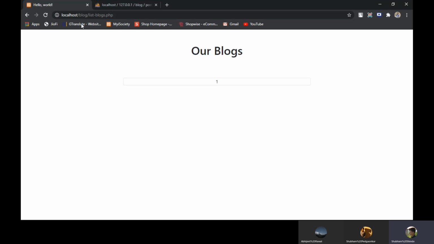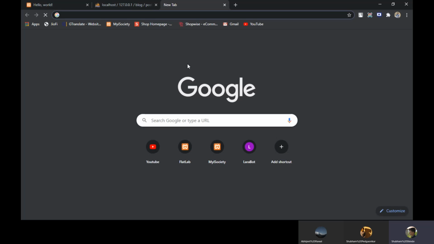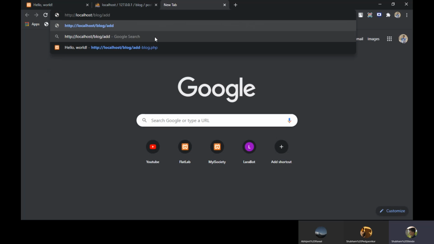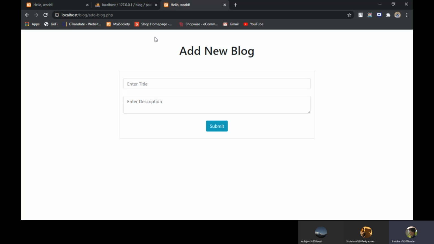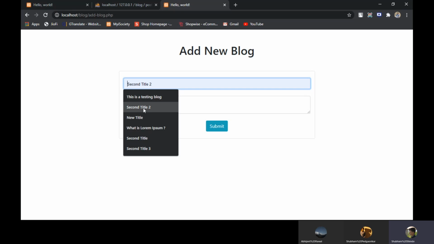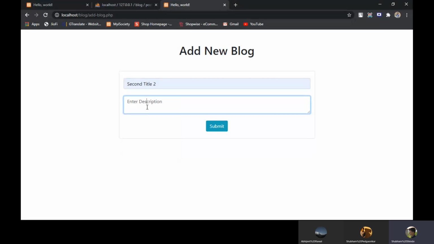Now we will add one more block, so it will turn into two separate list items. Let's copy here and add block.php. We'll say second title here and anything dummy, don't mind, for demo purpose.